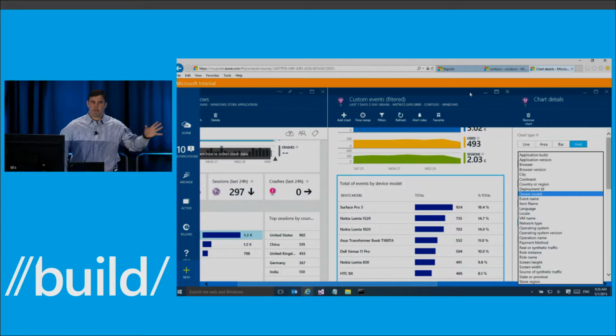Now, I won't go any deeper into the reporting portal you see here today. There's another session that covers this all in great detail, but lucky for you, it's going on right now. But before you all run out of our session, you can watch it online later on Channel 9, the same as our session. And I urge you to do so if you're interested in adding custom events to your code.